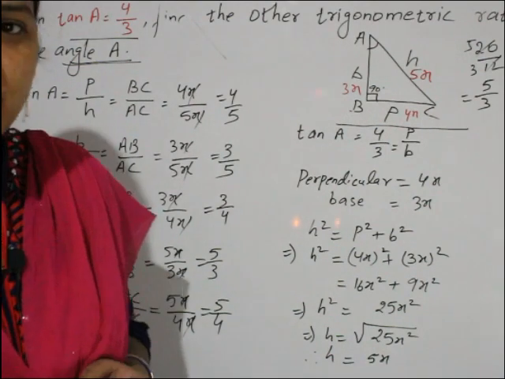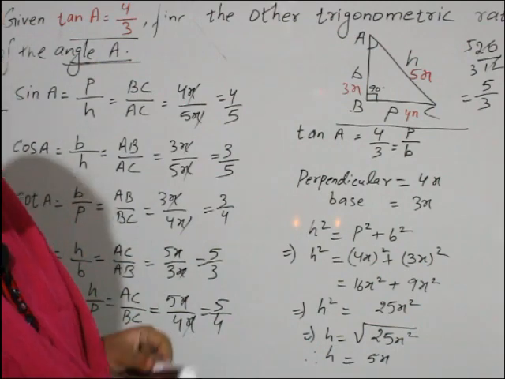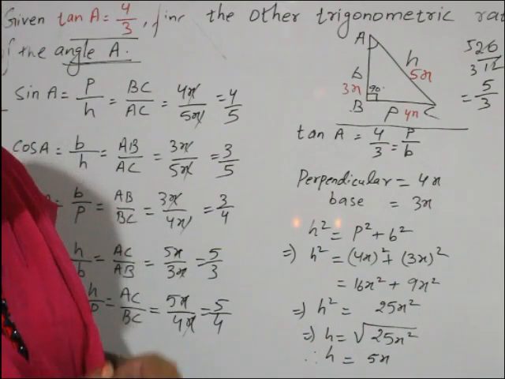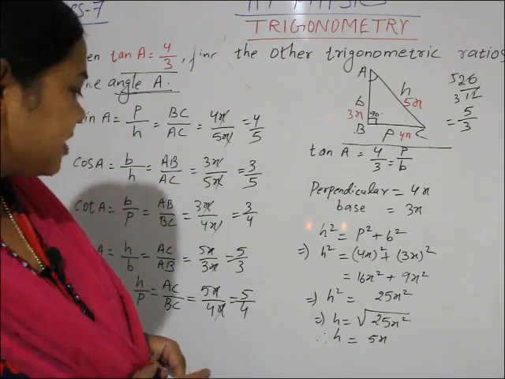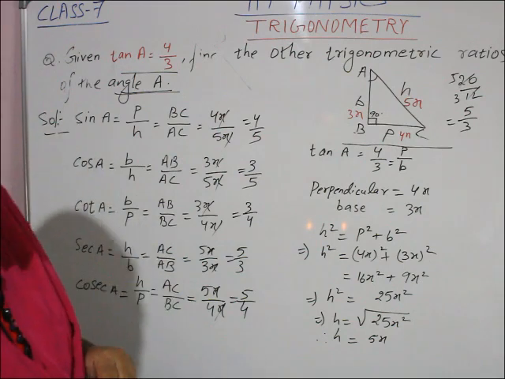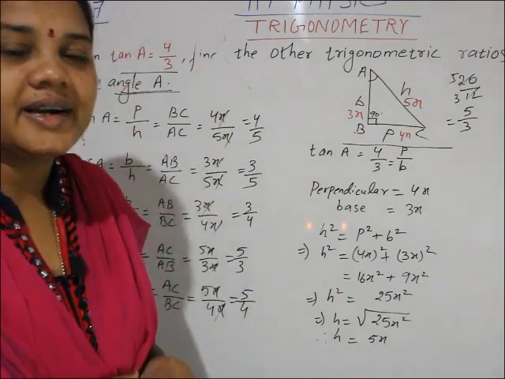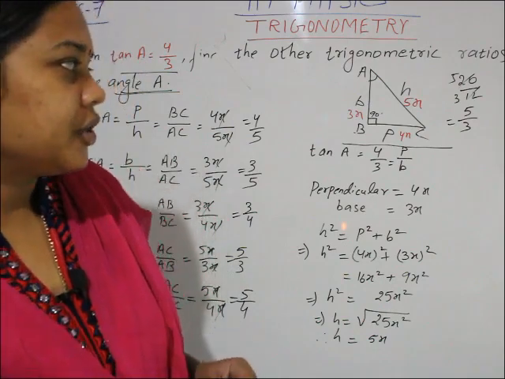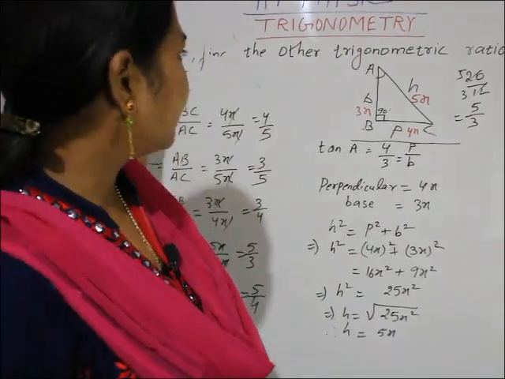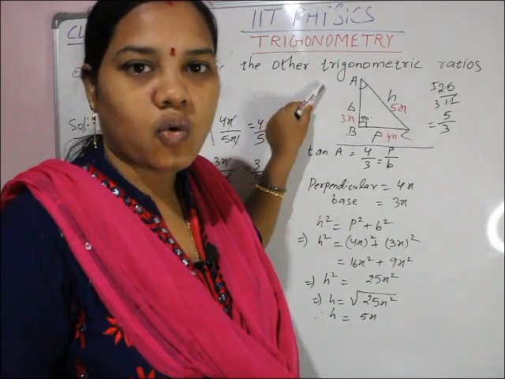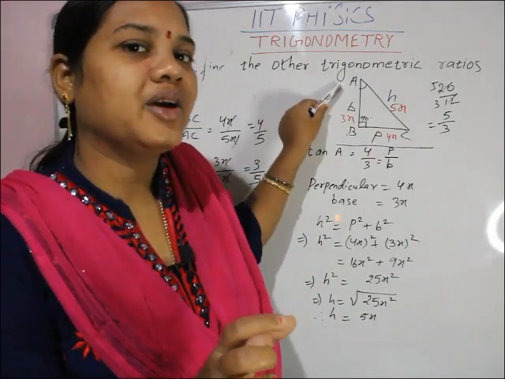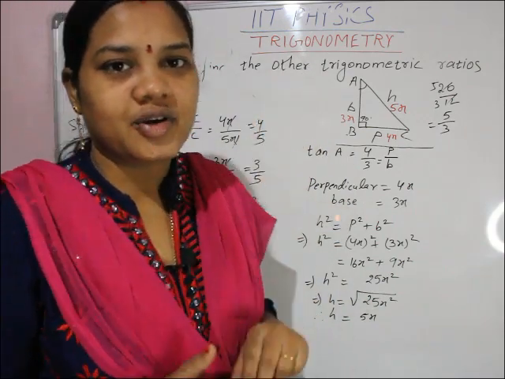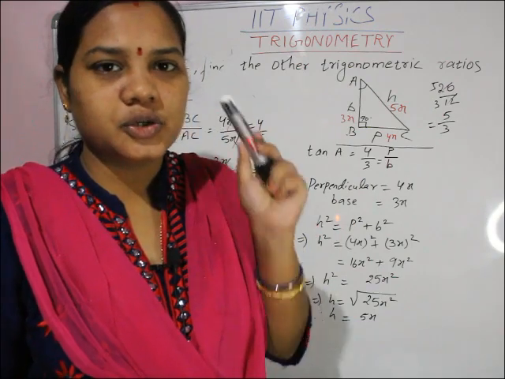So this much for today. Today we saw only one question: tan A equal to 4 by 3, find the other trigonometric ratios. But this one question is not a simple one. You can see the full board is filled up. That much content it contains. For you also, this is homework: take one more question. One trigonometric ratio will be given, and you have to find the other trigonometric ratios. Like this only, I will give as homework. You must do that one compulsorily.